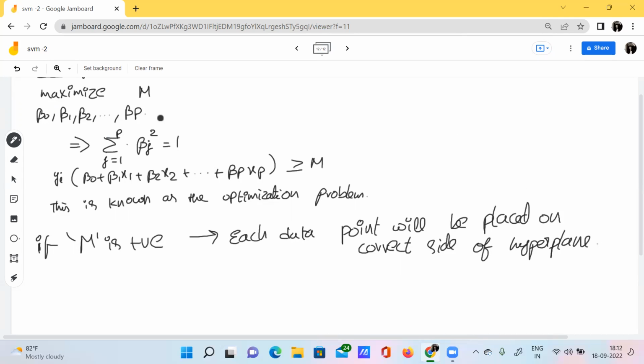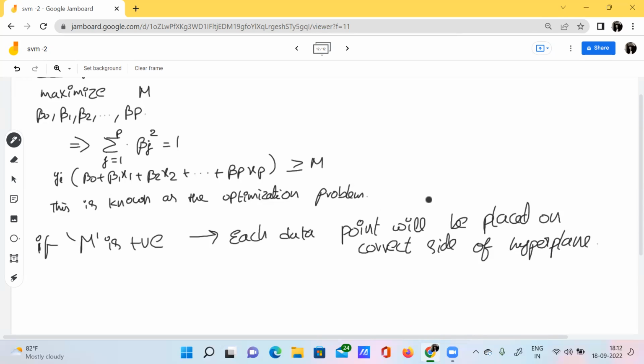The meaning of maximizing M, and of this equation, is that the value of the entire expression should be greater than M, and if M is positive, then our data point will be placed on the correct side of the hyperplane.